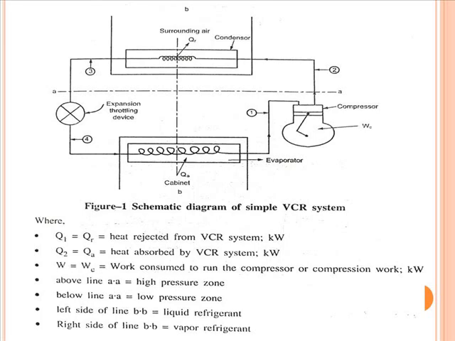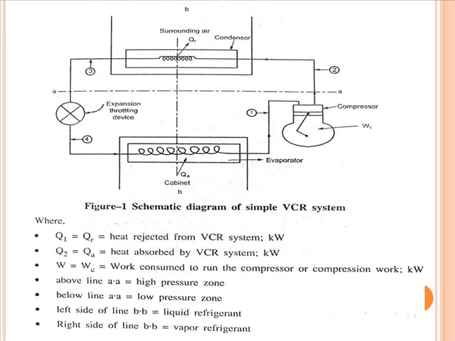So what this refrigerant will do is, the refrigerant will absorb the heat from the commodities which are placed in the ice box. Suppose the tray is available with the water. In that case, the refrigerant will absorb the heat from the water. The water is converted into ice because the water will reject the heat, so it converts into solid. At the same time, the refrigerant will absorb the heat from the water and it converts into vapor, and this